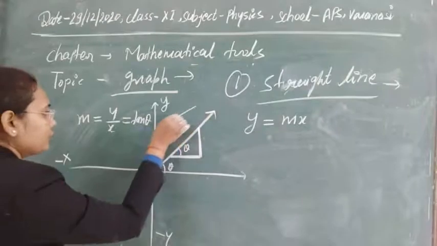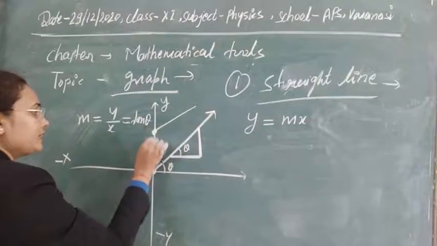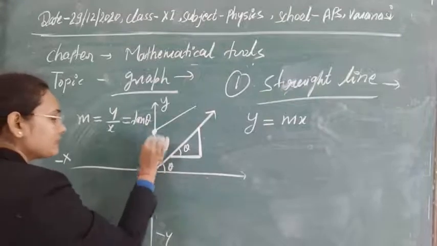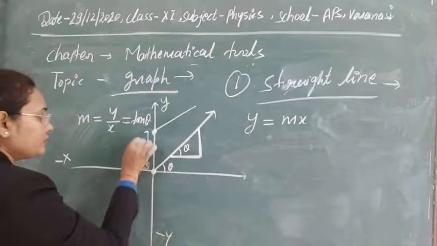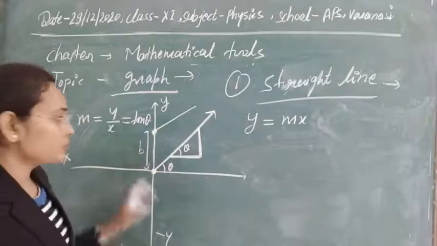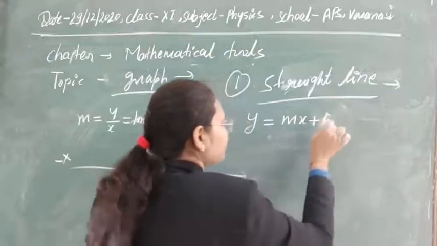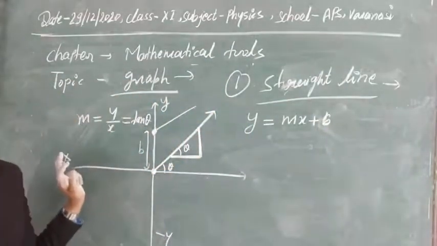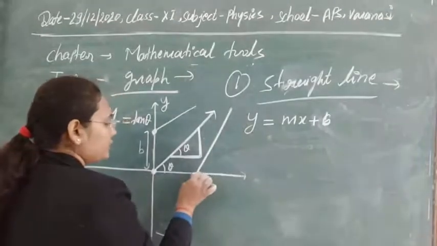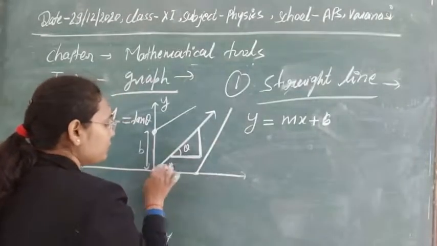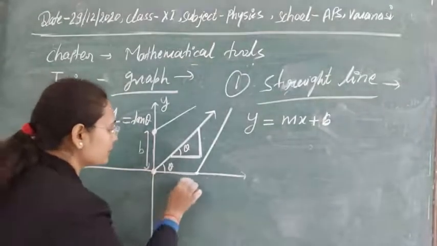And if there is a positive intercept, like if you see this straight line, here at the x-axis it is 0, but at the y-axis it has some value, suppose b. For that case, the equation will have plus c, the value of c here. Clear? And if you get such a straight line, then y is equal to 0, but x is equal to some value, suppose this is a.